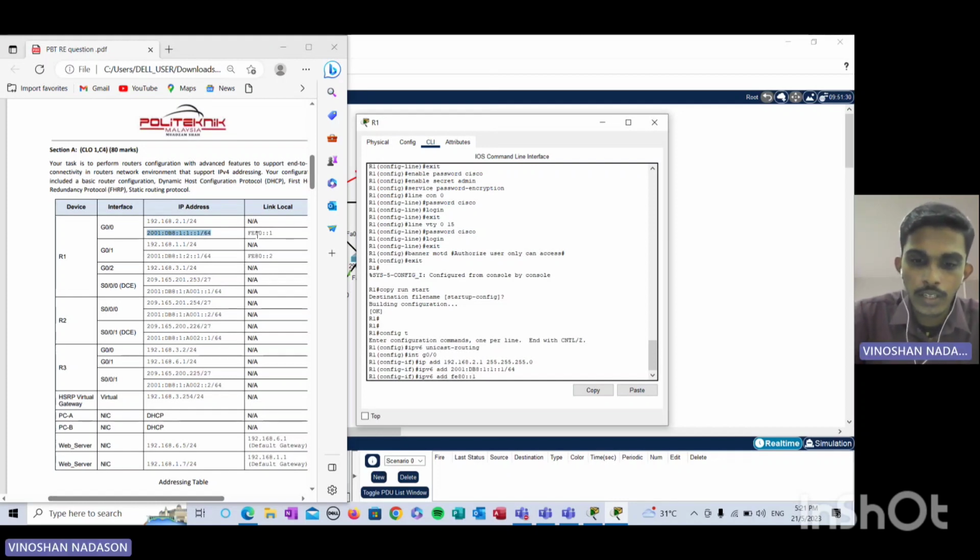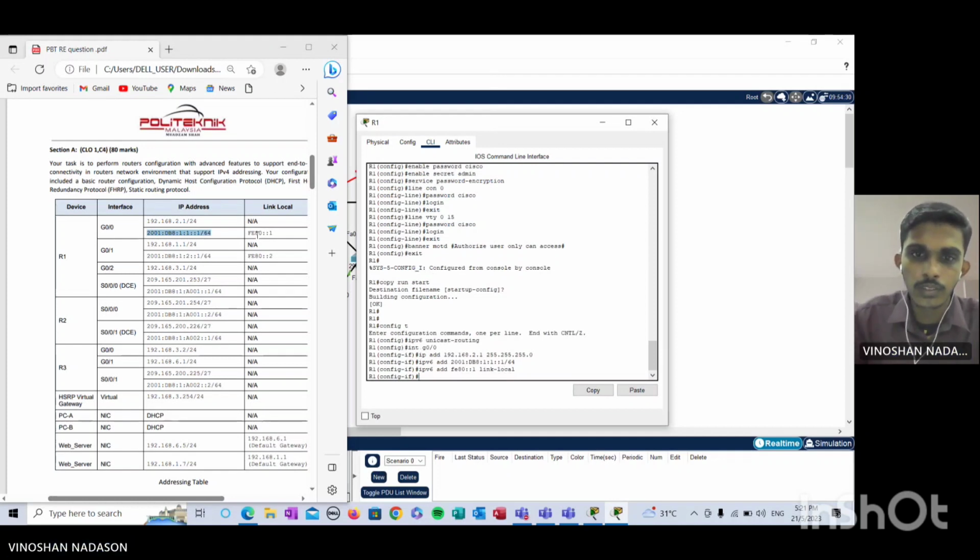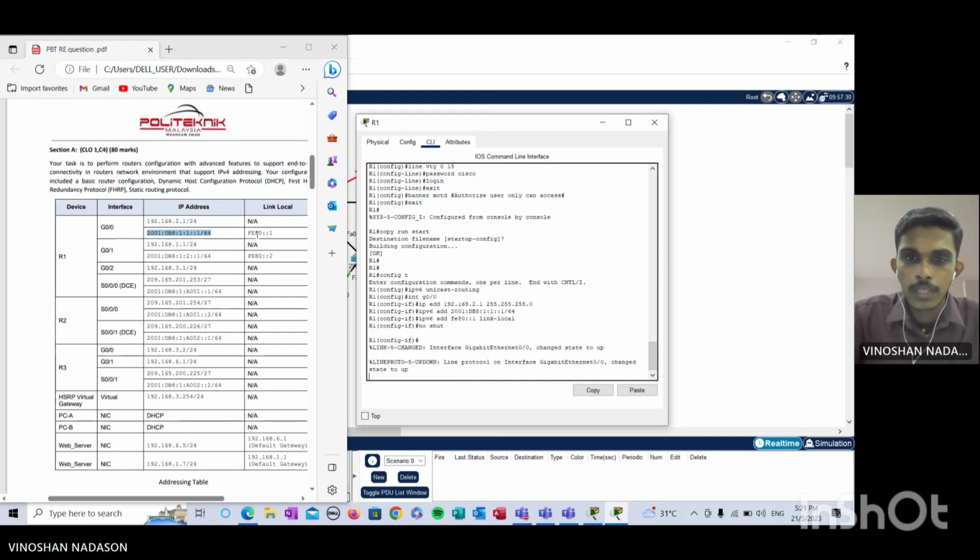Semicolon, semicolon 1, link local, and then no shut to activate the interface. So as we can see, the interface changed state to up. Okay, next is